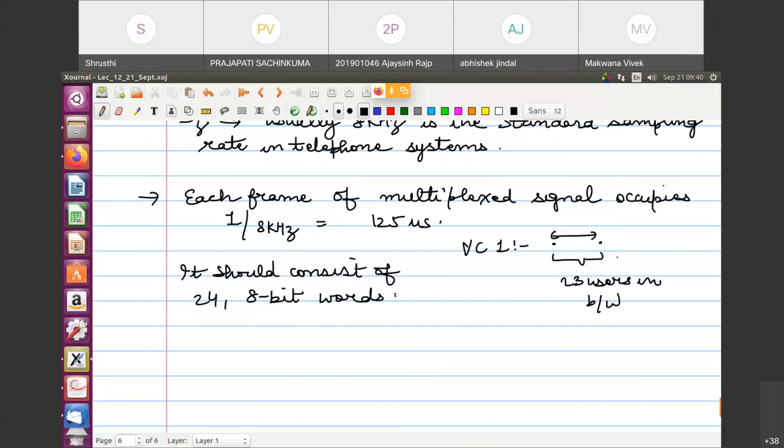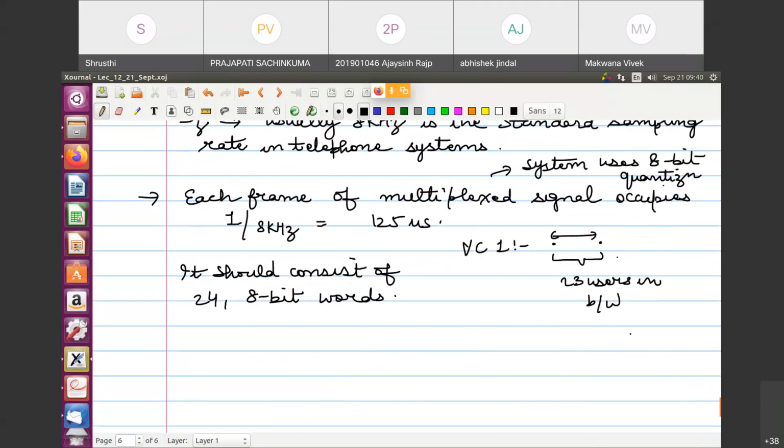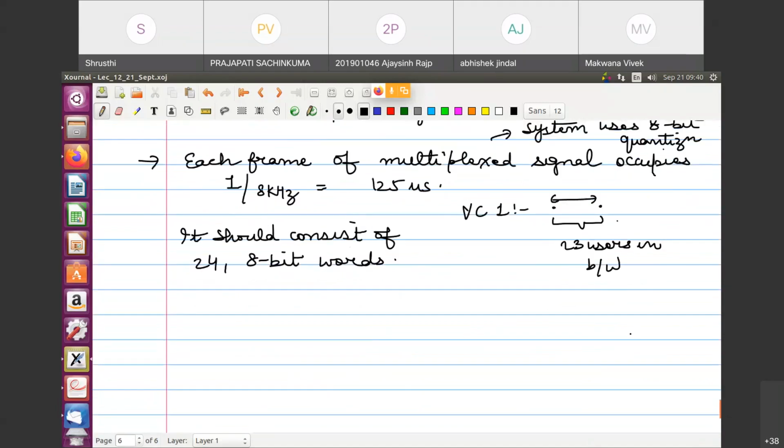Because the system uses 8-bit quantization. तो हर सैंपल 8 बिट, तो टोटल 24 यूजर और हर यूजर 8 बिट यूज करेगा, तो टोटल नंबर ऑफ बिट्स कितने हो गए? 24 into 8, that is simply 192. ओके,